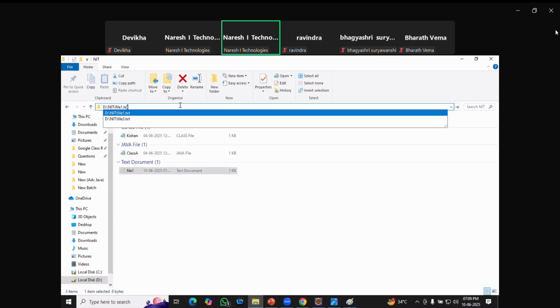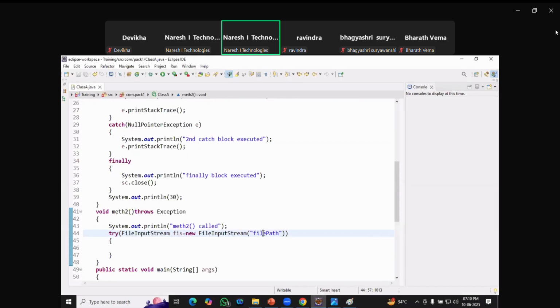IO means input, output operations. By using IO streams, we will be able to read data from a file or write data into a file. We will discuss this after multi-threading, next week. After next week, we'll be discussing the IO streams concept. But as of now, I just want to write like this. Simply System.out.println